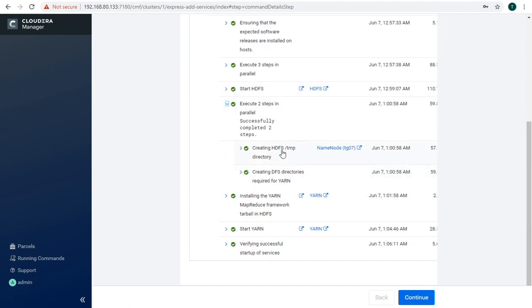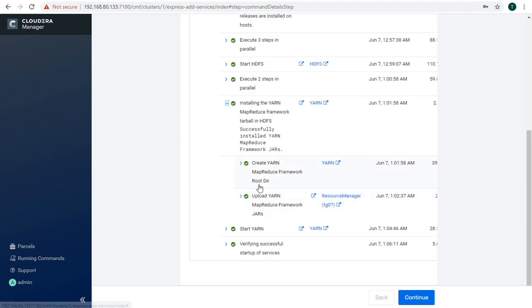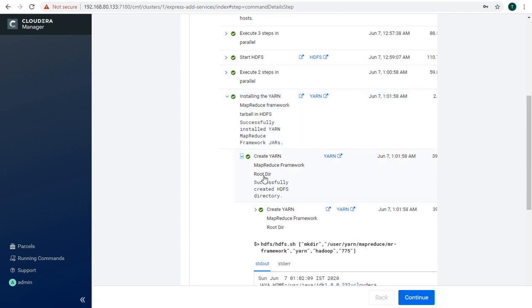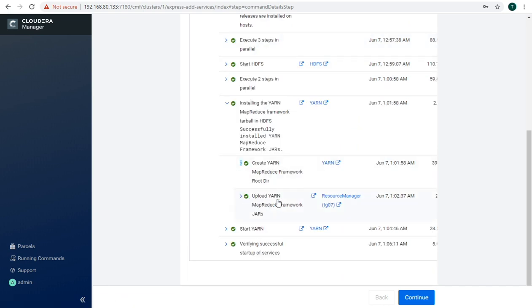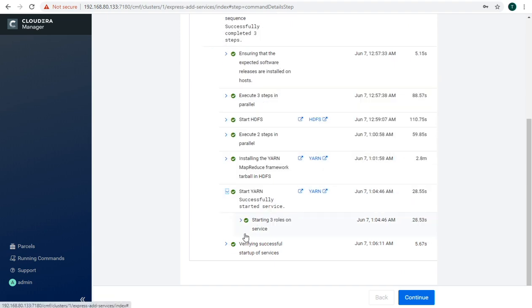And here we execute 2 steps in parallel, creating the HDFS temp directory and creating the DFS directory required for YARN. And then we have installing the YARN MapReduce framework, where it will create the root directory for YARN MapReduce, and another one will upload the YARN MapReduce framework jar files.